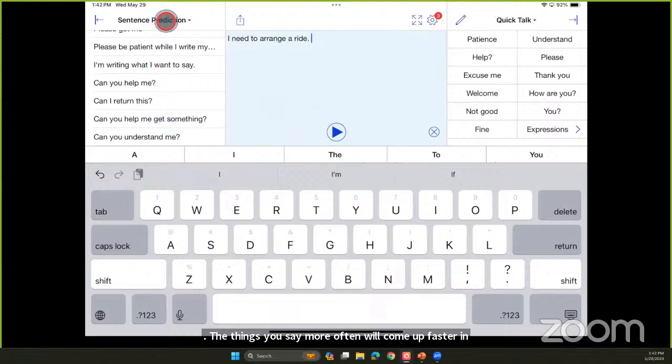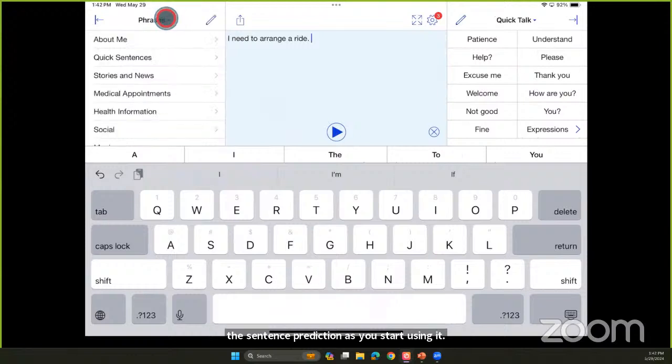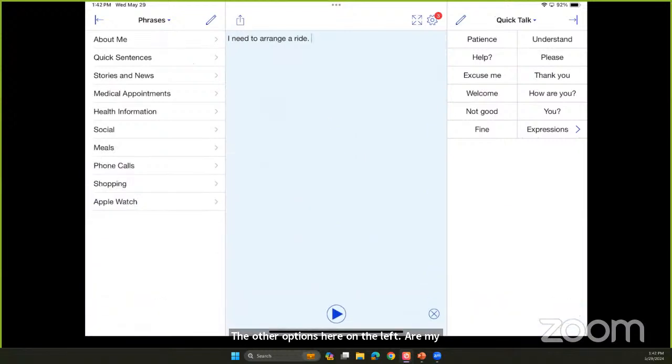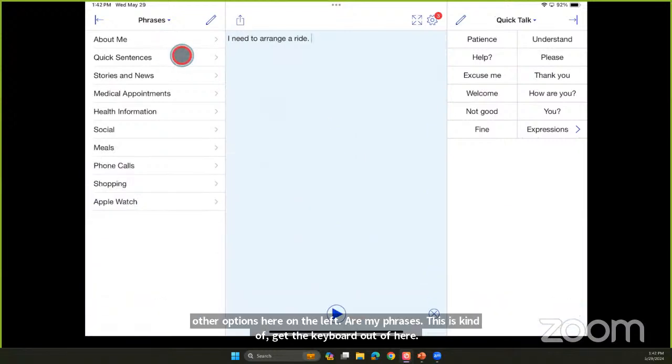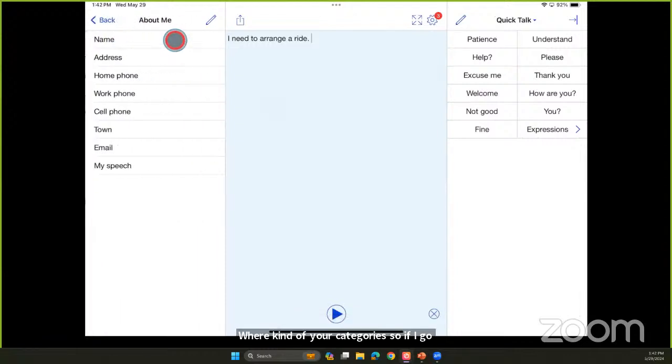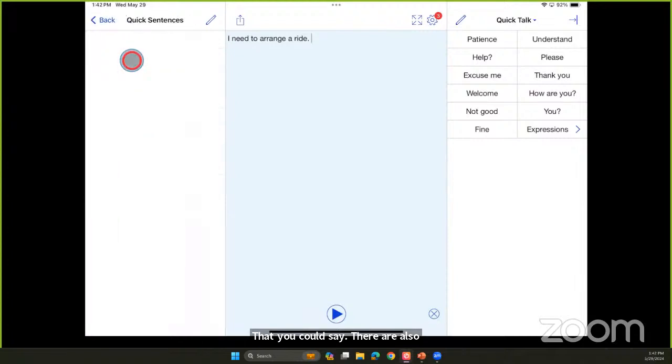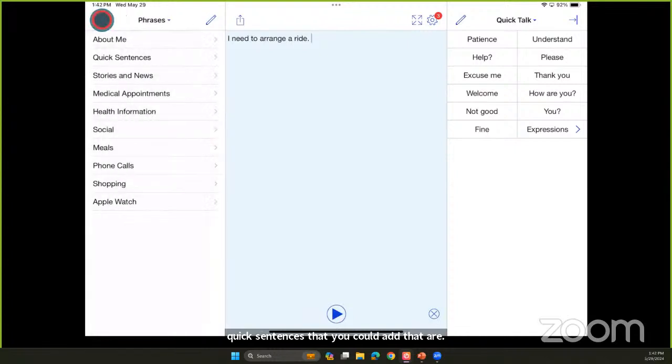The other options here on the left are my phrases. Let me get the keyboard out of here. These are kind of your categories. So if I go into about me, then it brings me to some pre-programmed things that you could say. There are also options for quick sentences that you could add that are specific to you.